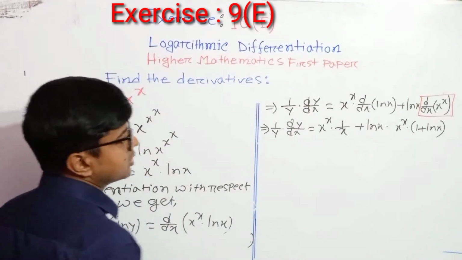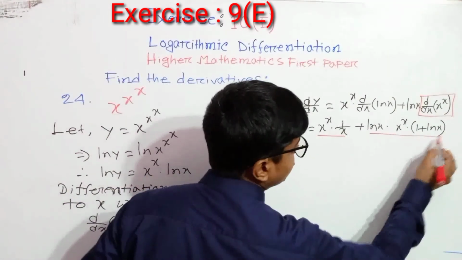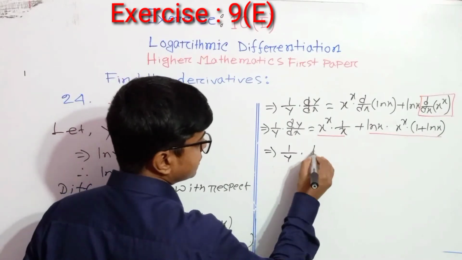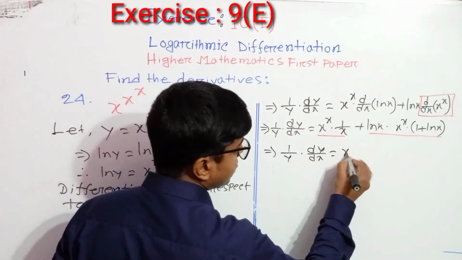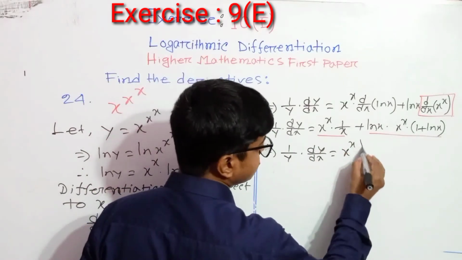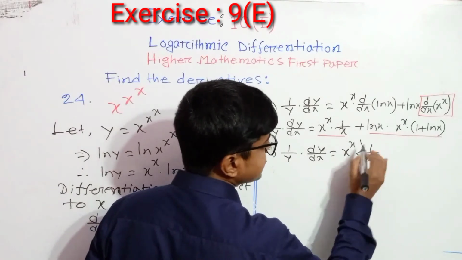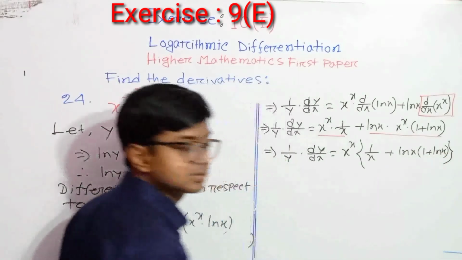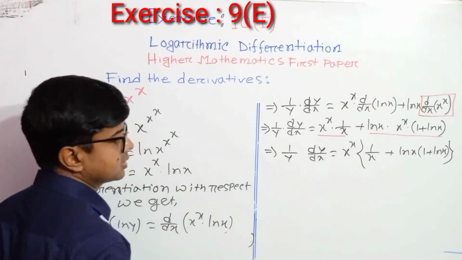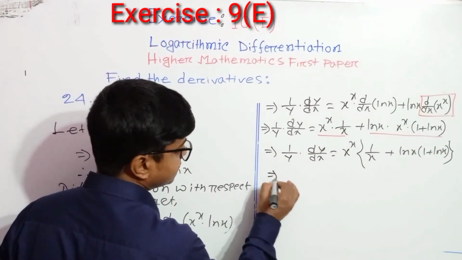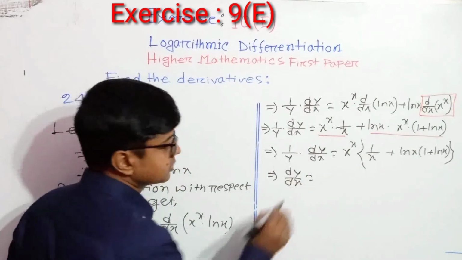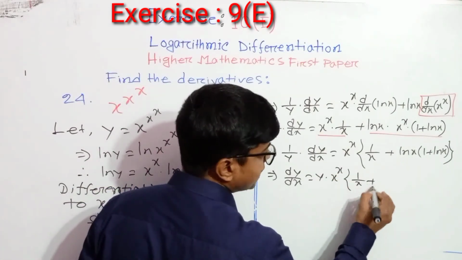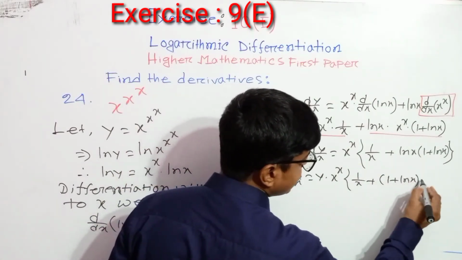Now for these two parts, this part and this part, we can take common x to the power x. So we can write 1 by y d/dx of y equals to x to the power x and 1 by x plus ln x into 1 plus ln x, and for this part 1 by y, so it will be d/dx of y equals to y into x to the power x into 1 by x plus here 1 plus ln x into ln x,